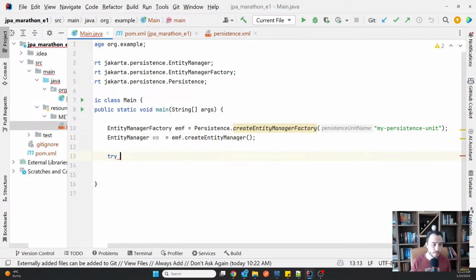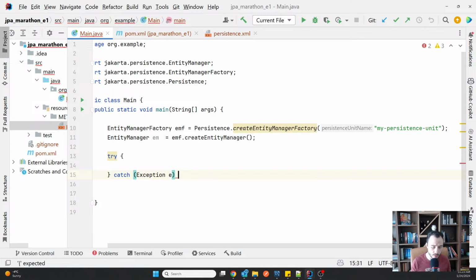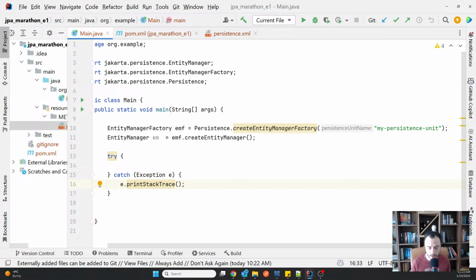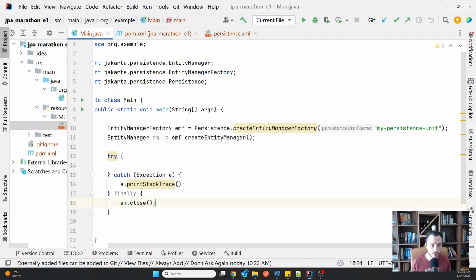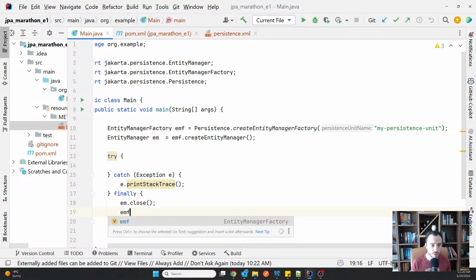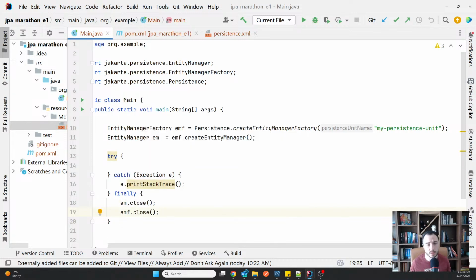And normally both of these should be closed at the end. So what I'm going to do is catch this exception. Well, I'm going to use a printStackTrace, but normally you should use a logging framework. Always keep that in mind. And yeah, the entity manager and the entity manager factory should be closed once you've finished using them. So like that, they have this close method.